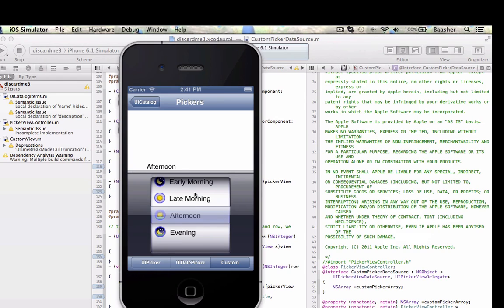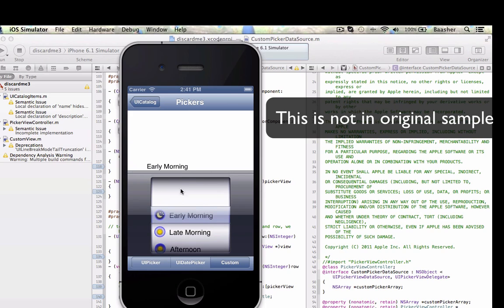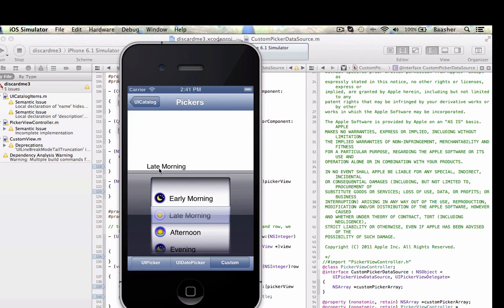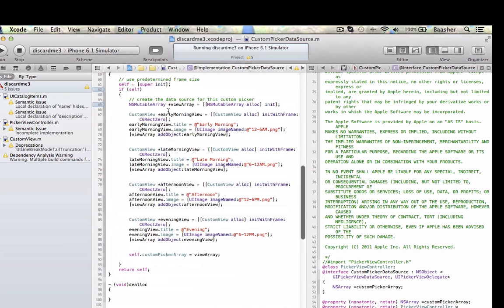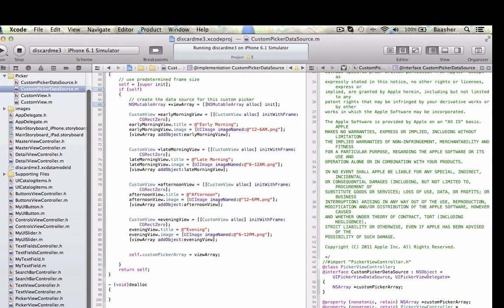Even though the data source is not the view, I can still transfer values back in here. For example, as soon as I make selections now, my selections show up and are transferred back from the data source for the custom picker into the view controller, so I can know and display and work with it. And that was not a functionality in the original program, but I have added it in, and the way it's done is that